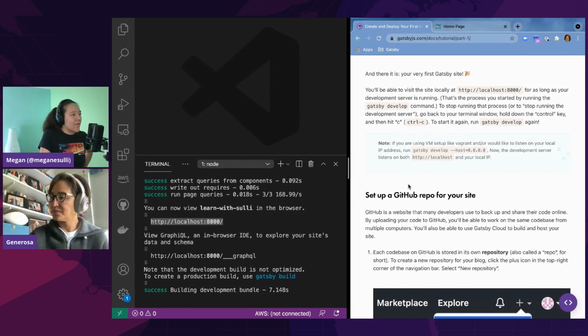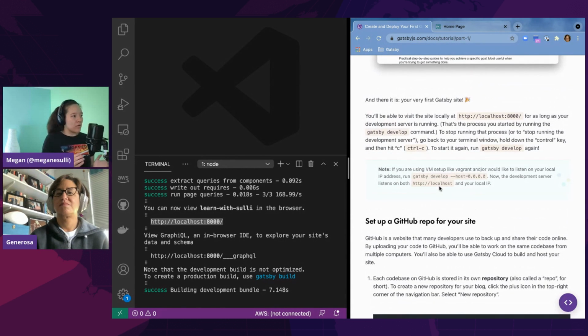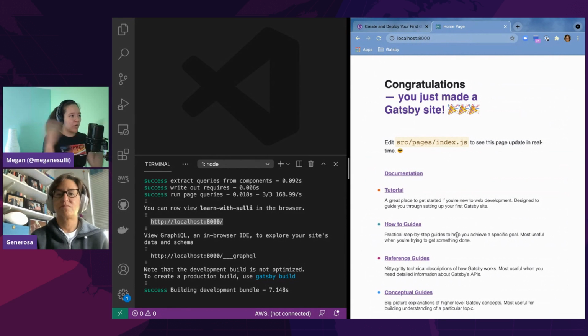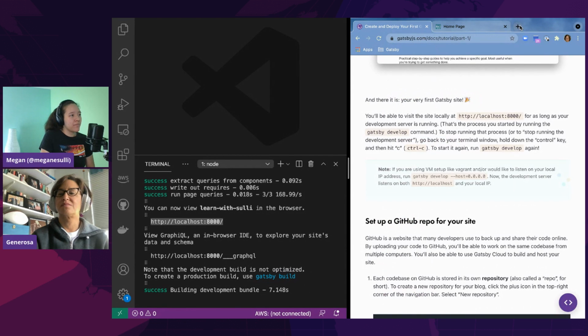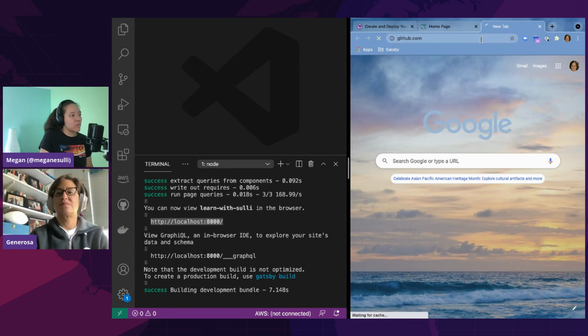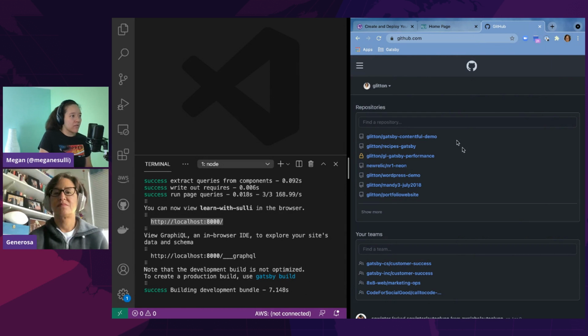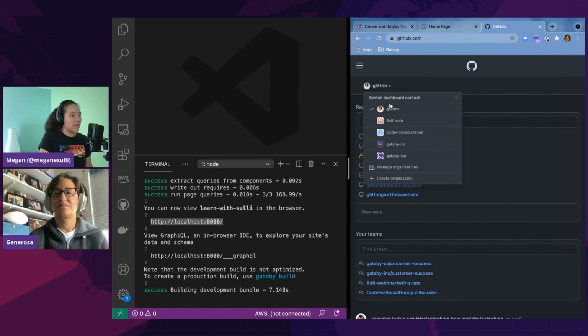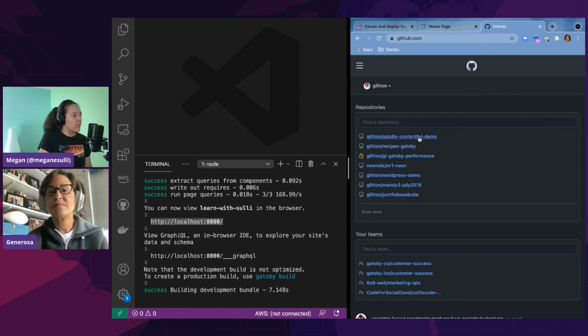So now let's get back into it. We've got our site, we've got some code, but it's just on our local machine. So in order to put it onto the internet, we need to send our code out into the world and get it onto GitHub. What we're going to do now is, if you can open up GitHub in your browser, we're going to make a new repository, which just means it's like a folder on GitHub for your code. It's like a new project, basically.